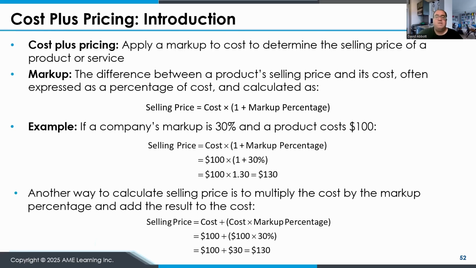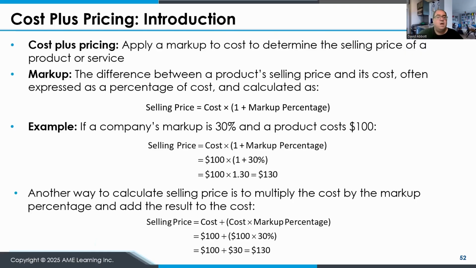Cost plus pricing applies a markup to cost in order to determine the selling price of a product or service. And a lot of businesses will use this. They will just decide, okay, we're going to mark up the cost by a certain set percentage, and that's what they're going to use. And so the markup is going to be the difference between the product selling price and its cost,